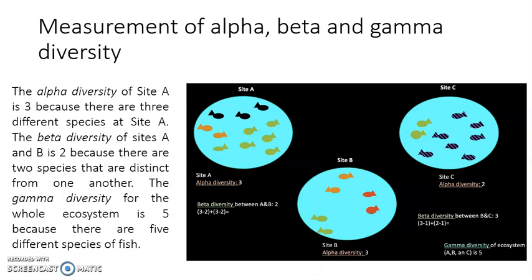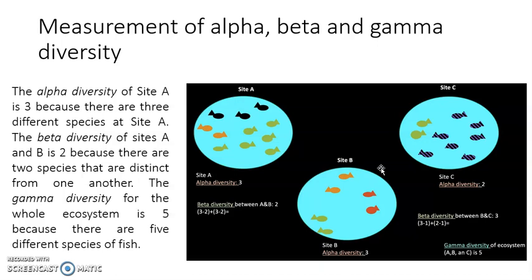and it includes all the species that are present in one geographical region. The alpha diversity of site A is 3 and site B is 3 as well. When we compare site A and site B, the beta diversity is 2. When we talk about the alpha diversity of C, it is 2 because there are two different species. And the beta diversity of site C and site B is 3 because there are 3 unique species. The green ones are common, while the striped ones and the red and orange ones are unique in these regions. So the beta diversity of this region is 3.